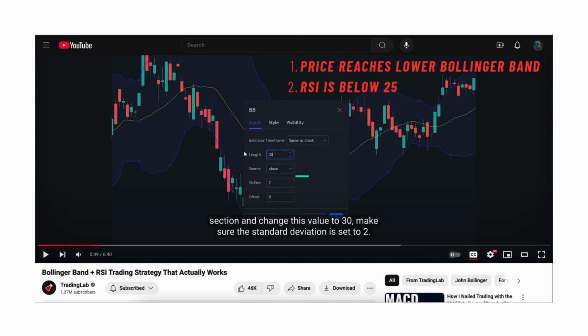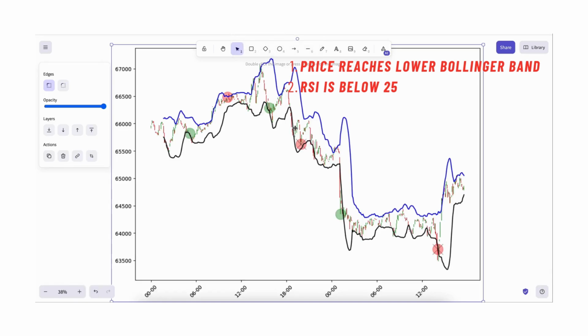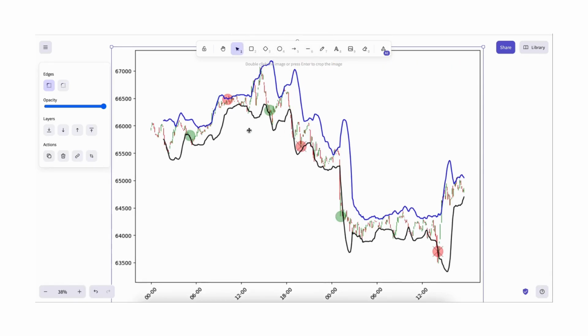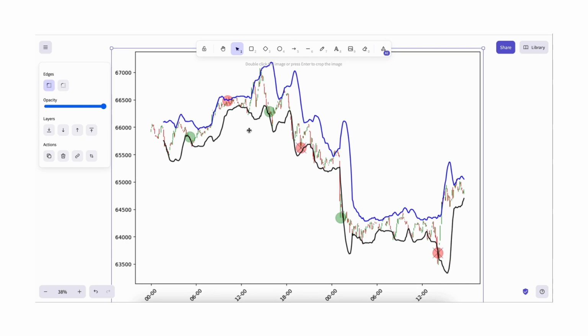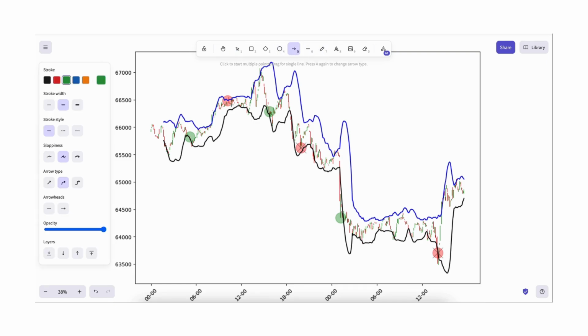So with that being said, let's understand a little bit about Bollinger Bands, and then I'll come to RSI. Let's look at this execution of the strategy, which is backtested on the Bitcoin data that we are using. Let's see what happened in this first trade here. These are the candlesticks, and the black and the blue lines are the Bollinger Bands. This is the first time that the price touches the lower Bollinger Band,